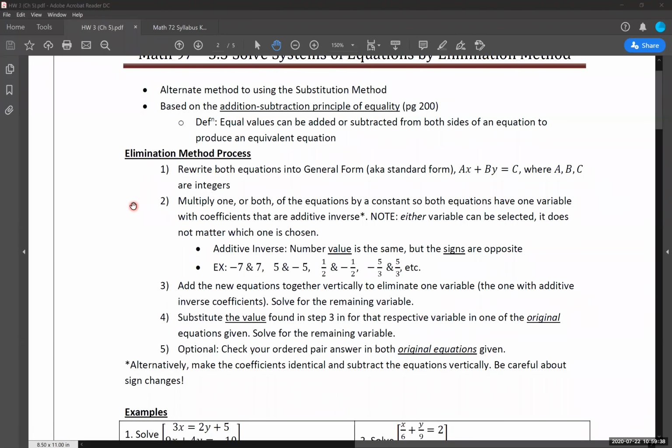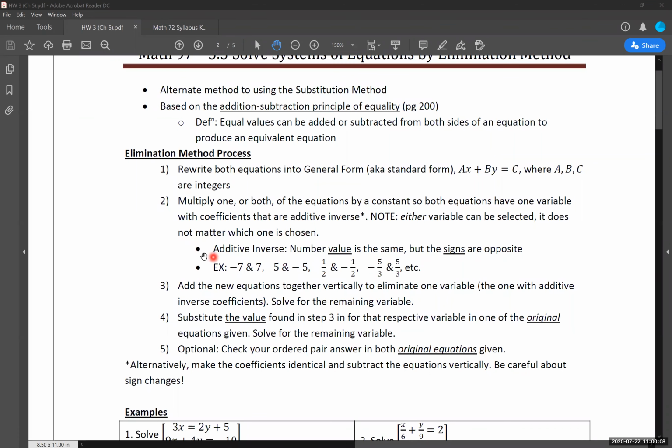Okay, so we are on our second step here, the elimination process. Again, our main idea, and this is the part that comes into play the most with the elimination method, is creating these additive inverses in front of one of the variables that we find. So if we're working with an instance where we have two variables that have x and y in them, which is fine, then we need to try and eliminate either both of the x's or both of the y's.